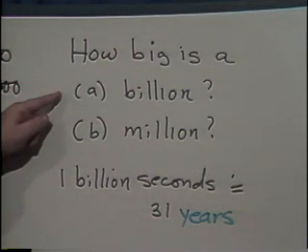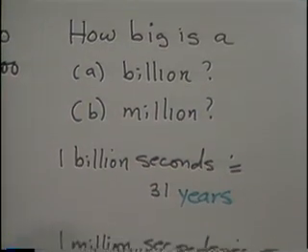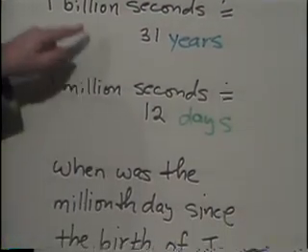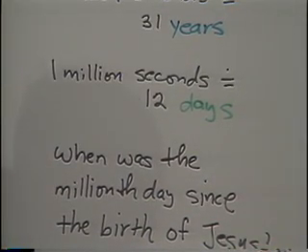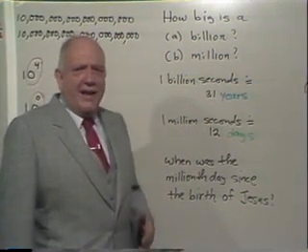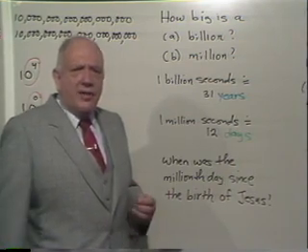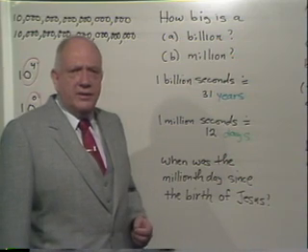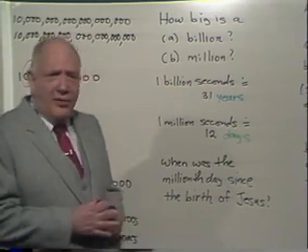How big is a billion? How big is a million? A billion seconds is 31 years. A million seconds is only 12 days. A million is to a billion as 12 days is to 31 years. People say something like, the government spent either 14 billion or 14 million, I can't remember which. And that makes as much sense as a person saying they either sentenced them to 31 years or 12 days, I get mixed up. See, that's how profound this difference is.